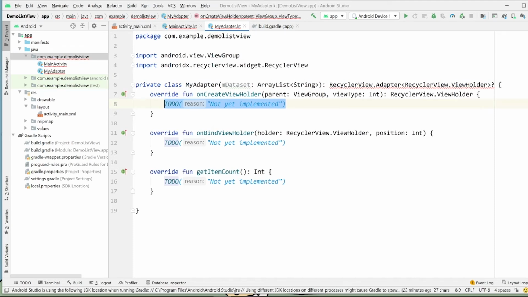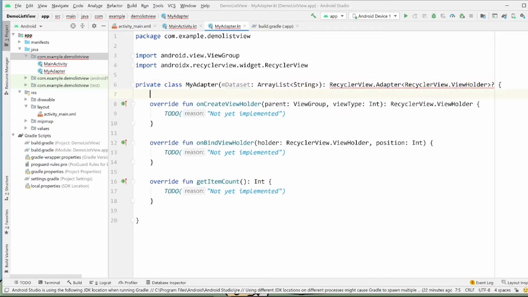So here comes the hard part. There are actually four functions you need to implement inside the adapter. First, you have to have a customized view holder, which is not provided by Android Studio, but this is how it goes.